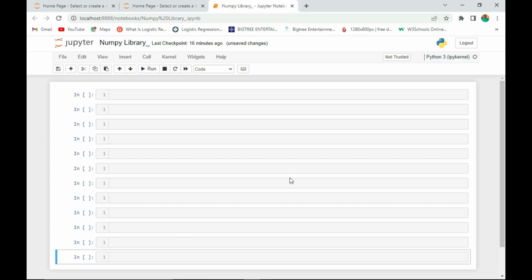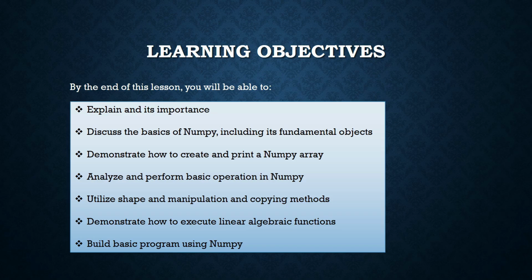I will be looking at a NumPy library today. Okay, we'll start by saying we'll explain NumPy and its importance. I will look at the basis of NumPy, including its fundamental object. Then we'll demonstrate how to create and print a NumPy array, to analyze and perform basic operations in NumPy, utilize